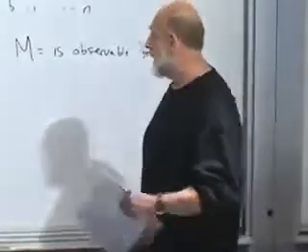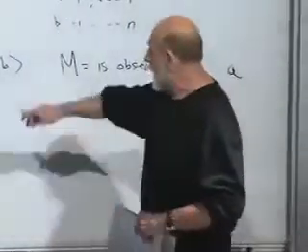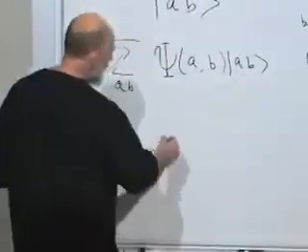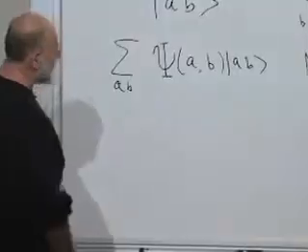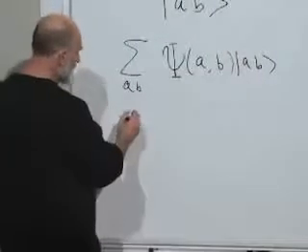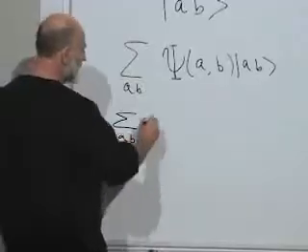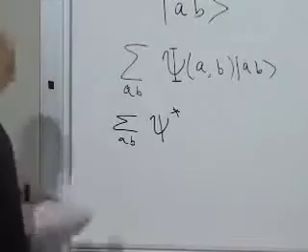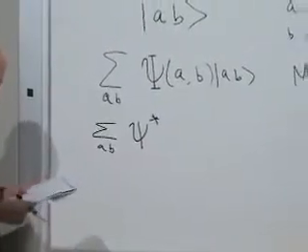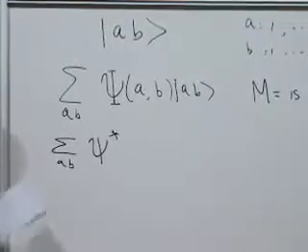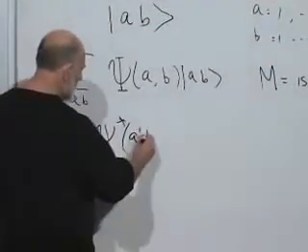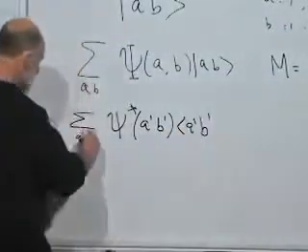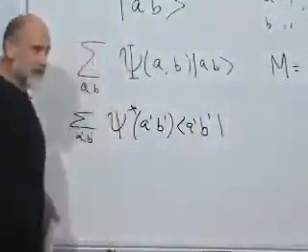And let's calculate the expectation value of it in the state for the combined system. So what do we have to do? First of all, we have to take the bra vector associated with this. Let's rewrite it as the bra vector. Sum over A and B, psi star, well, let's see, we're going to need two sets of variables. We're going to need primed variables and unprimed variables. So psi star of A prime and B prime, ⟨A′B′|, summed over A prime and B prime. This is the bra vector.